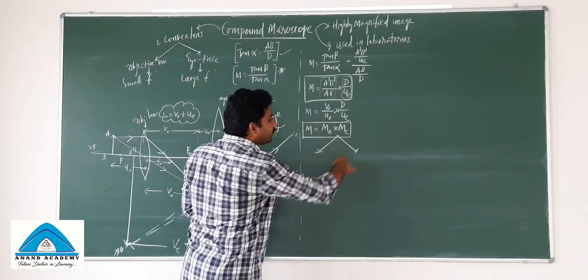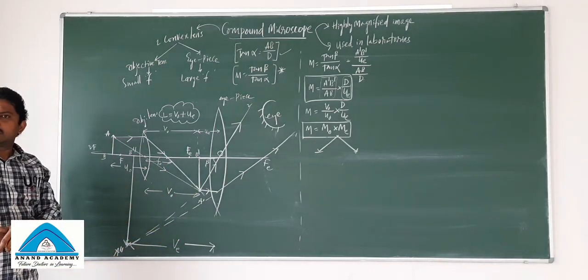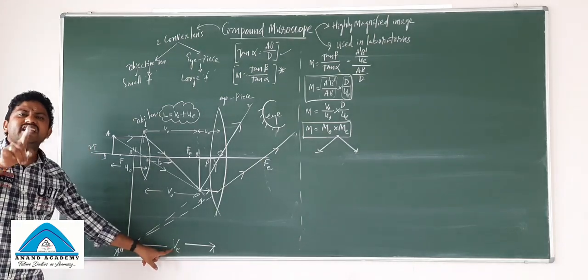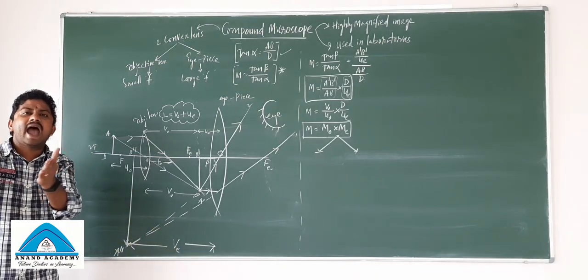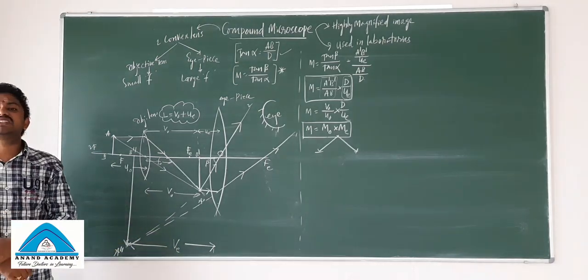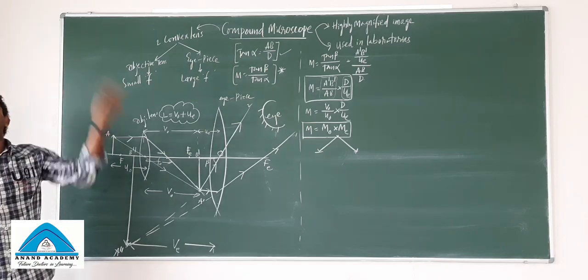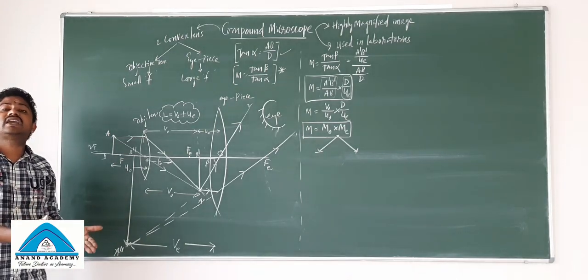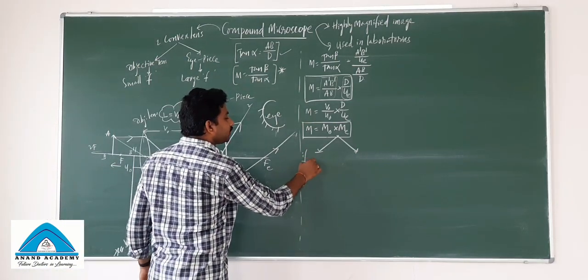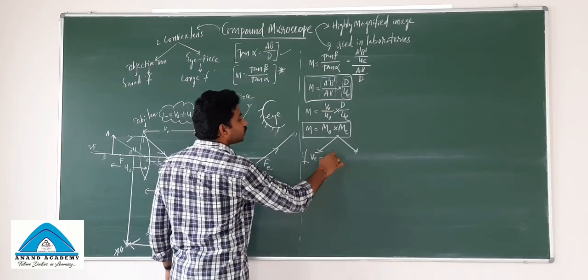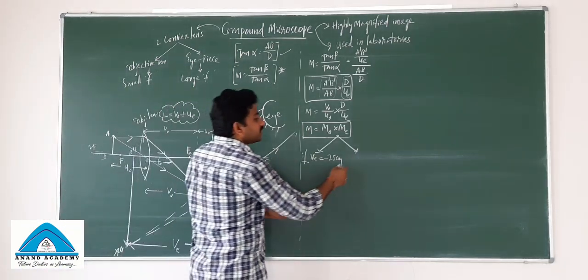There is a possibility the image can be formed anywhere. Here VE is the image distance from the eyepiece. This image can be formed at D, least distance of distinct vision, 25 cm. The same image can also be formed at infinity. Two cases, magnification will be different. Angular magnification will be different. And let's see, if your image is formed at 25 centimeter, that means left side of the eyepiece, magnification is different.